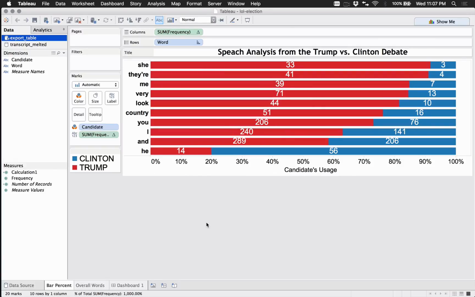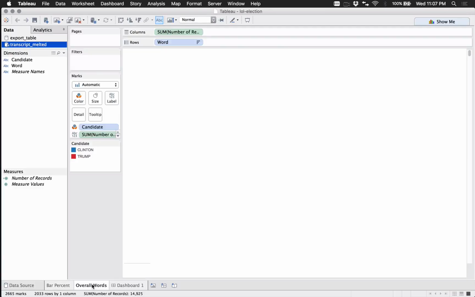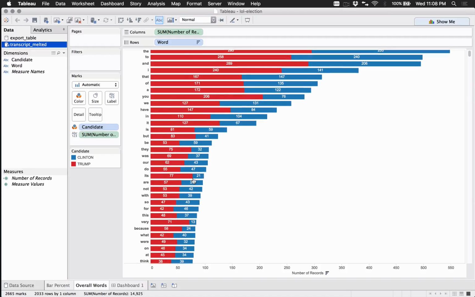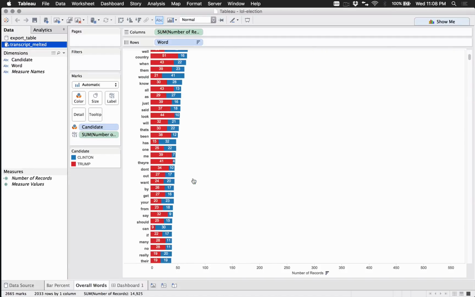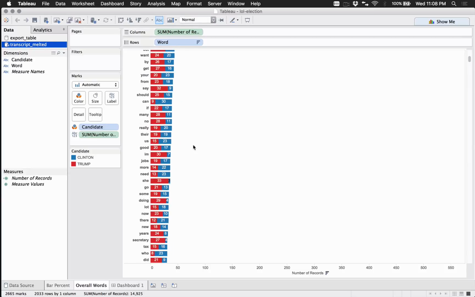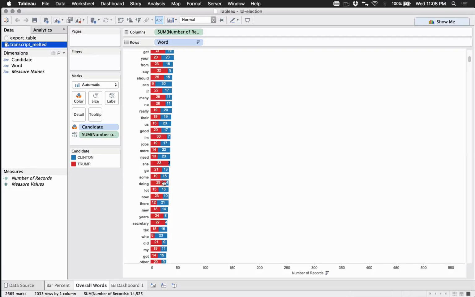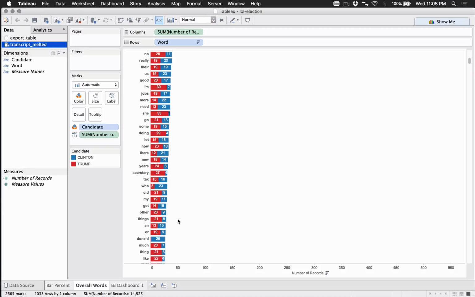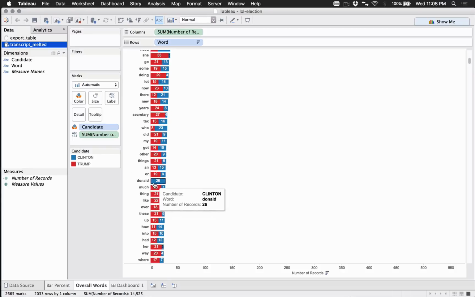That all makes sense. And then overall words, there are a lot of them to go through, but there are definitely some interesting ones that are probably worth looking at in here. "No" was said 28 times by Donald Trump and 11 times by Clinton. And some of these with lower numbers might be worth taking a look at.